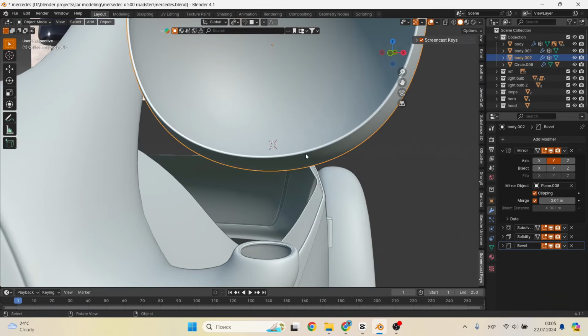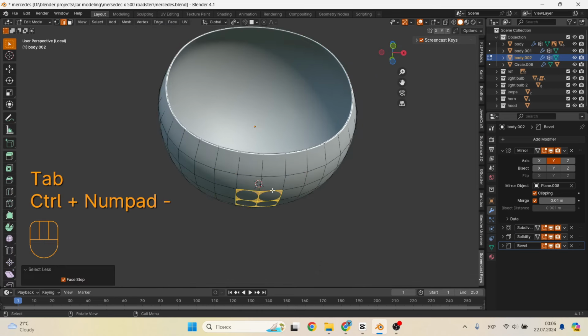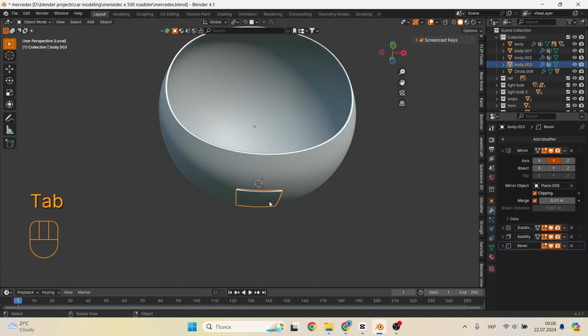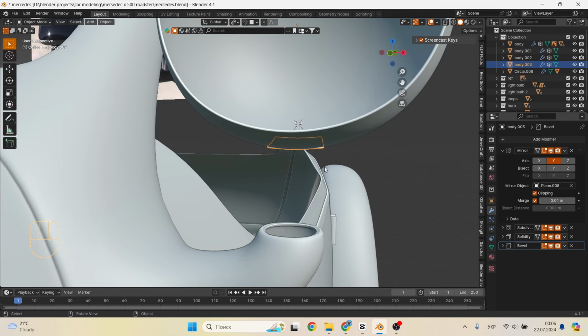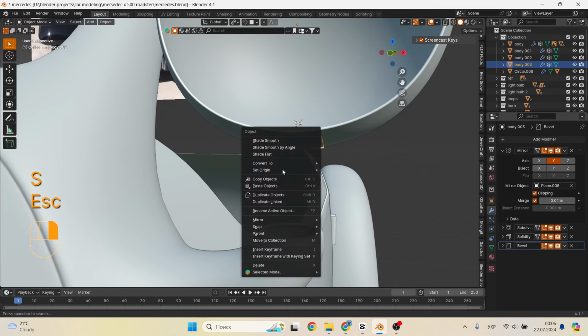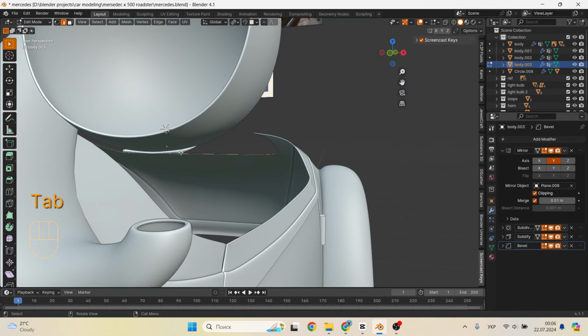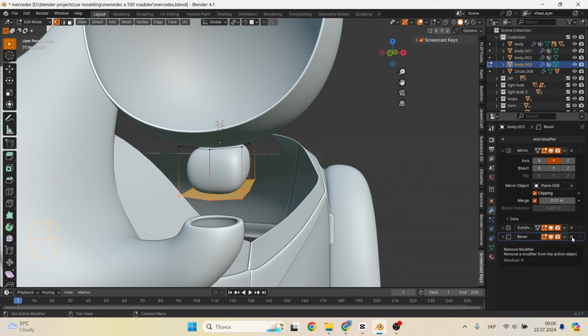We go into the editing mode and select the 4 faces that we need to copy and separate from the body and headlights. We set the origin point in the center of the geometry of the new part, then in the editing mode we select all the vertices and extrude them down and along the Z-axis. Now we need to delete the lower face, and for this, for the stability of the topology, I add several loop cuts.